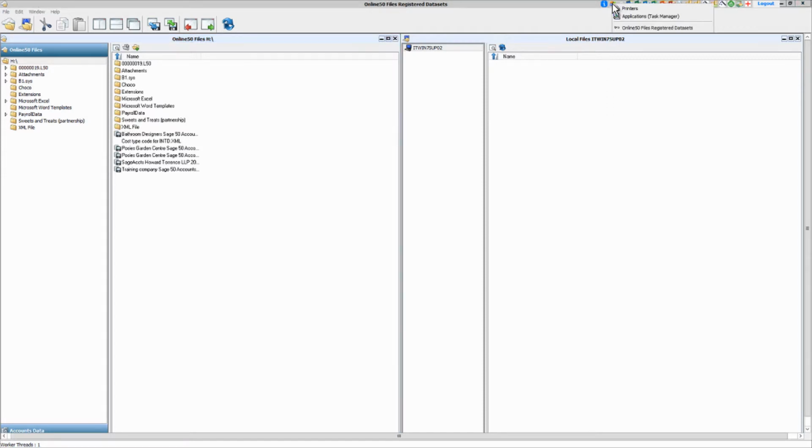Now I'd like you to click on the little Windows flag, which is the second from the left icon. When you click on this icon, you will see a box with two sections. The lower section will tell you which applications are currently open in your Online50 session. Currently, this will only display the data console. In the upper section of the box, you will see Printers and Applications in brackets Task